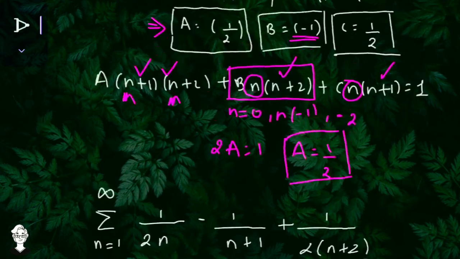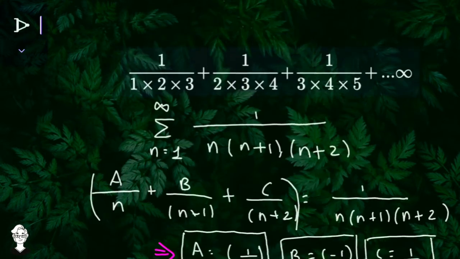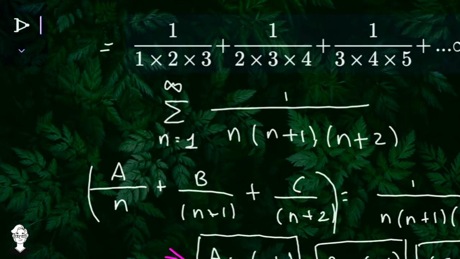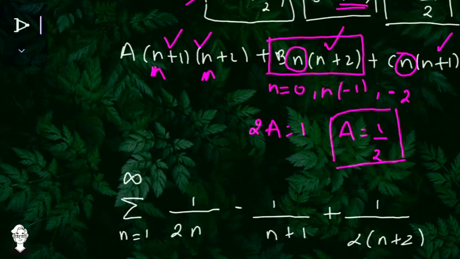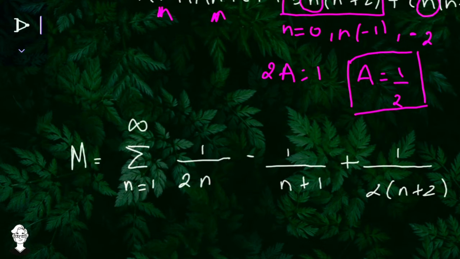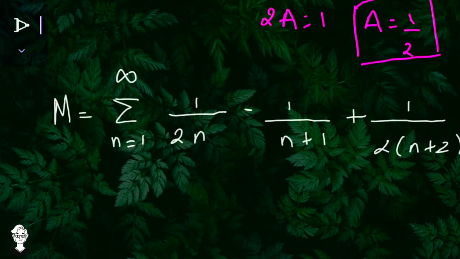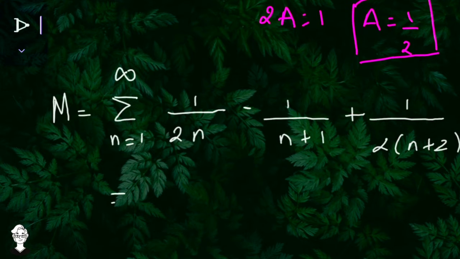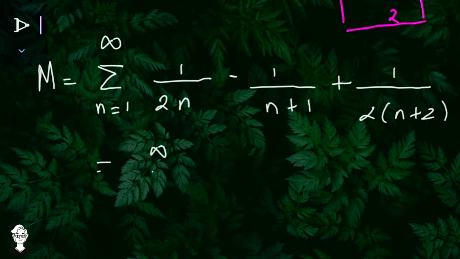Yes. And one more thing, let this series be equal to something. So I am taking this series as m. Yes, so all these things is equal to m. So again m is equal to this series. Yes, so it will be nice solving this way. So again my m is equal to the summation of n equals 1 up till infinity.